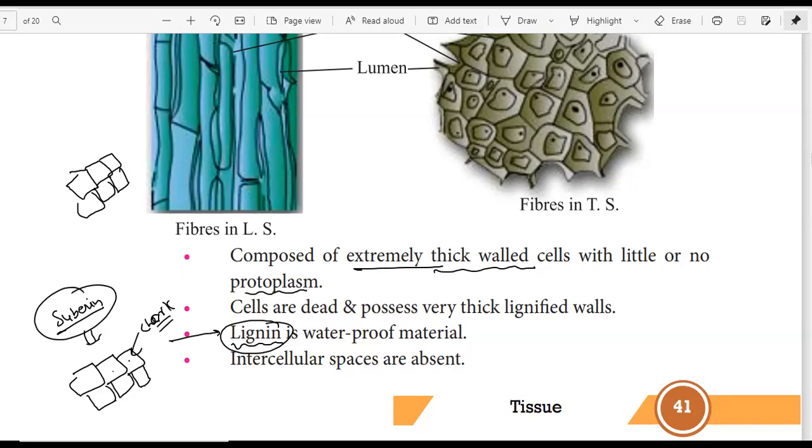And here we have lignin, the waterproofing material that is present in the sclerenchyma tissue,